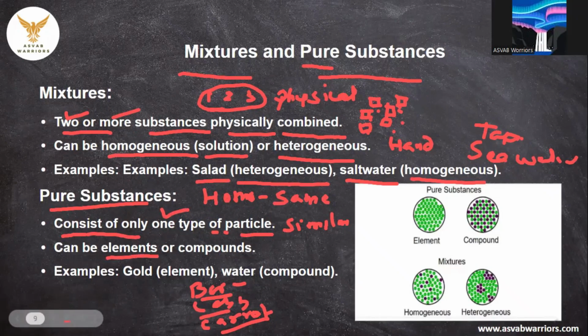It can be a single element, for example ferrous, gold, silver, or copper. A single pure metal or element is also an example of pure substances, or